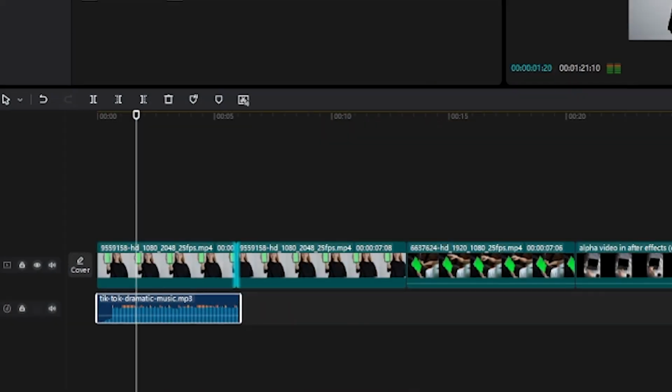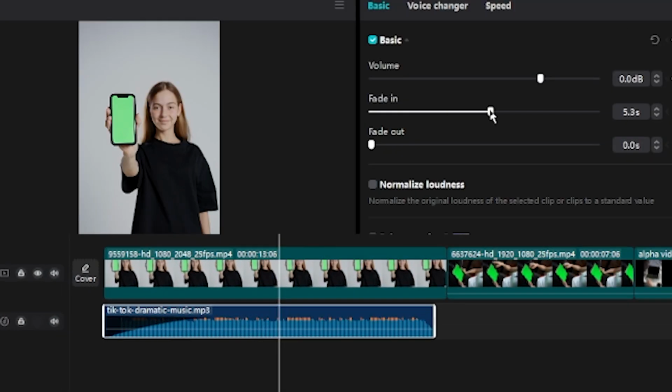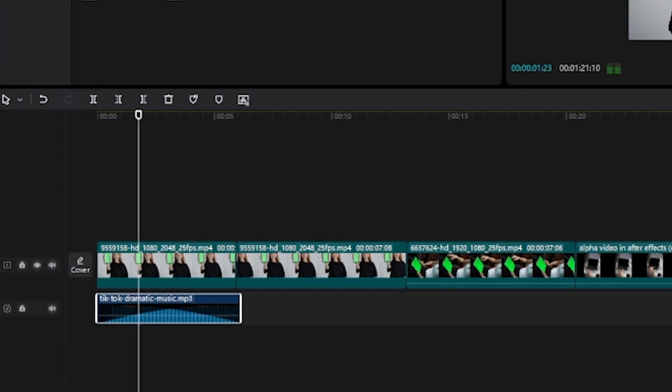This free tutorial will show you how to fade in audio tracks in CapCut PC online free video editing software